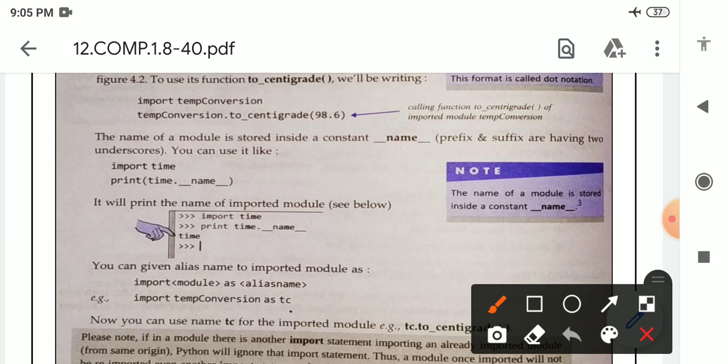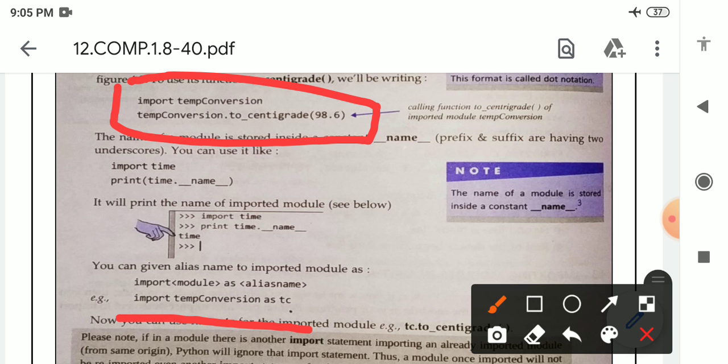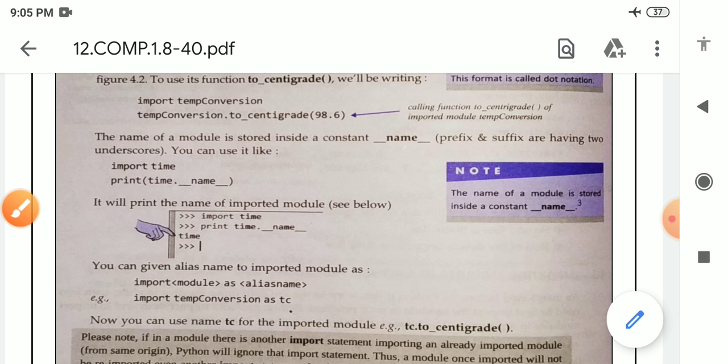See here, previously import temp conversion was the name of the module. After the alias name, see here, import temp conversion as TC. So in place of temp conversion we will write TC dot 2 underscore centigrade.